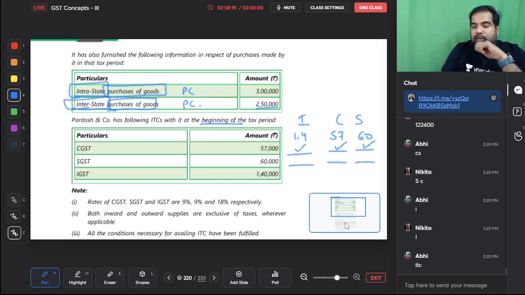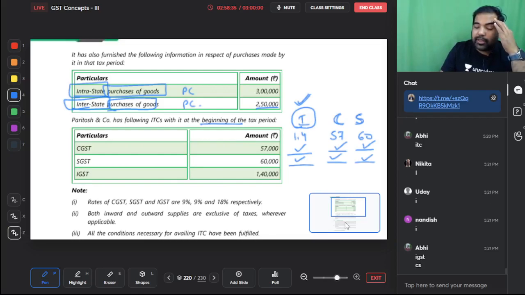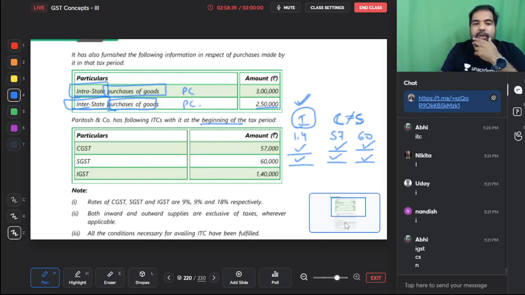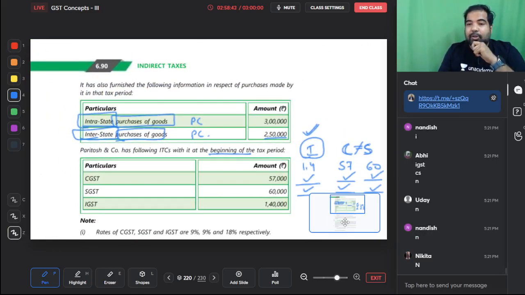Yes. We will do many sums like this, don't worry. In the payment chapter, only sums like these are there. Guys, first, which credit will you use to pay which bill? First, you will use IGST and you will completely exhaust IGST. Only then CGST and SGST will be used to pay their own bills. But if there is any shortfall, guys, can CGST and SGST help each other? No, they can't help each other. We'll do more sums like this when we come back in the next chapter called payment.